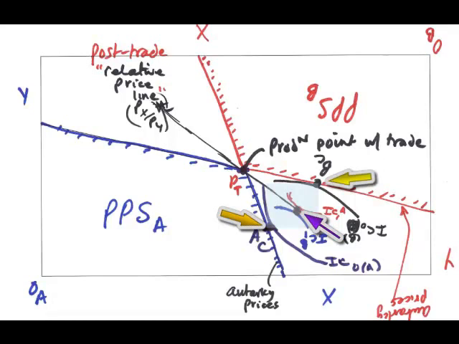The country with a large amount of capital per worker is said to be capital abundant. The country with a large amount of labor per unit of capital is called labor abundant. A relatively capital-rich country will export capital-intensive goods. In this analysis, the way we would show exports is by saying the countries are going to move their production